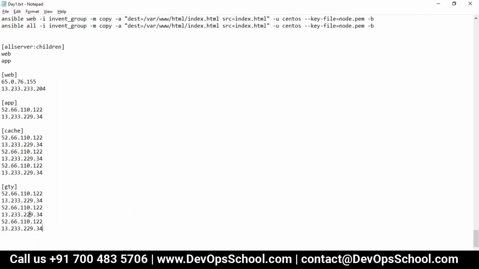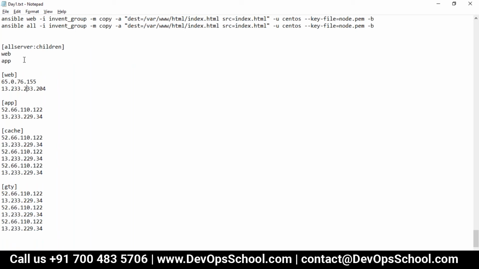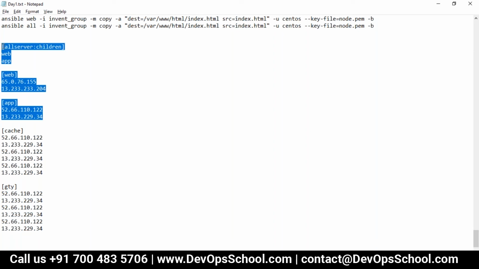So if you want to create one group of groups, you can select these two, instead of creating a new group and adding these 4 machines. You want to reuse this group. So how to reuse this group? Rather than modifying this group and creating a new group, reuse this one. So here you reuse this one. Make sense?